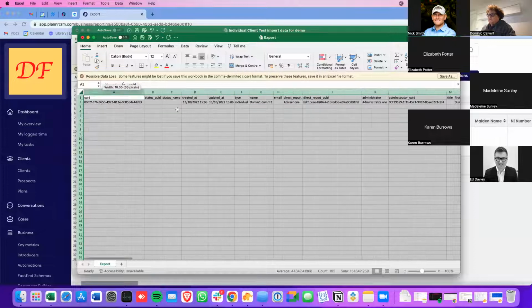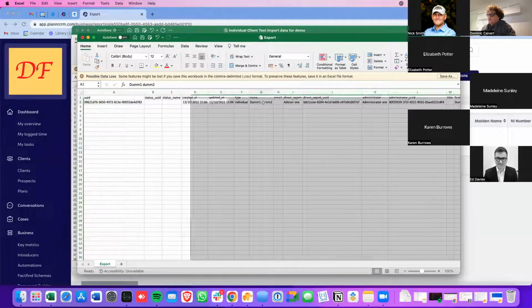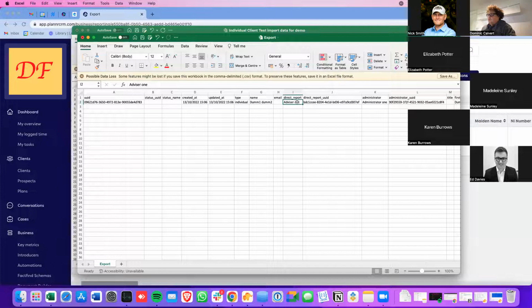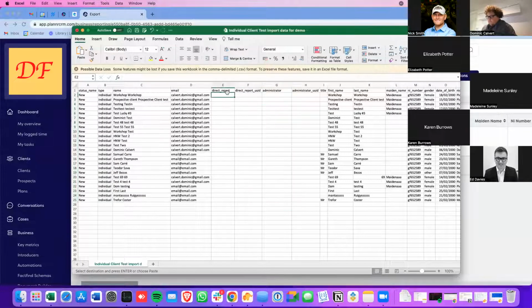So this gives us our direct report name and the direct report UID, and the same for the administrator and the administrator's UID. So if I take that and put that into here,